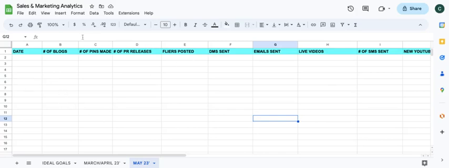This is a Google Sheet, so it's really simple to put together. And you're tracking this, I recommend daily, not monthly, definitely not monthly. That's way too much time apart. Daily, so that way you can adjust daily.